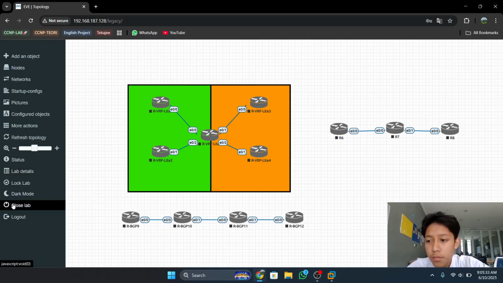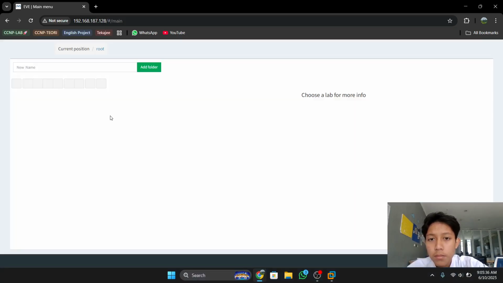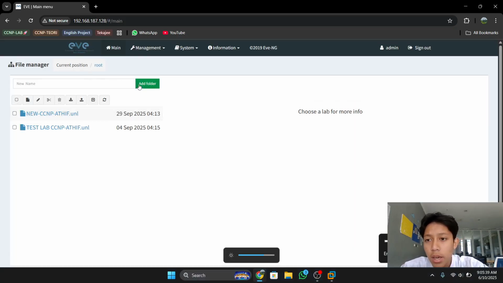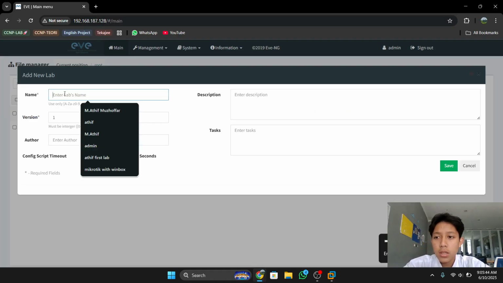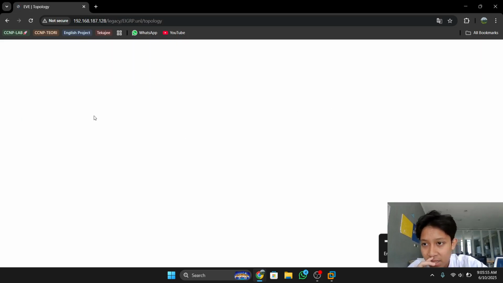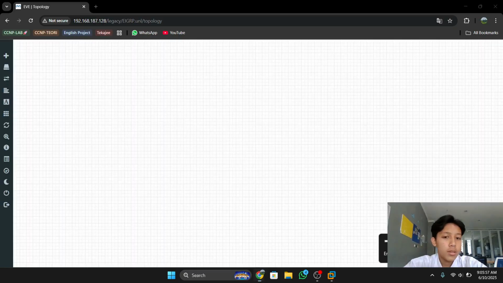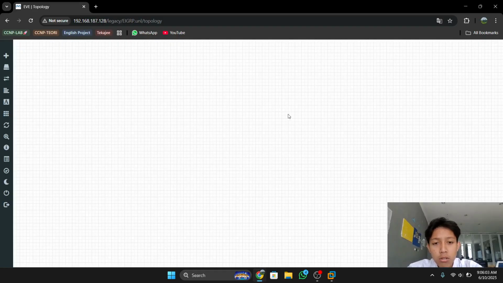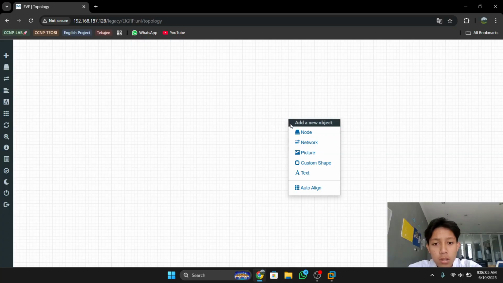Okay, after that, you can add, create a new lab. For example, my example name is EIGRP version 1. Author is up to you, then we can save. After that, here you must add the Cisco IOL router first before you configure the EIGRP routing.